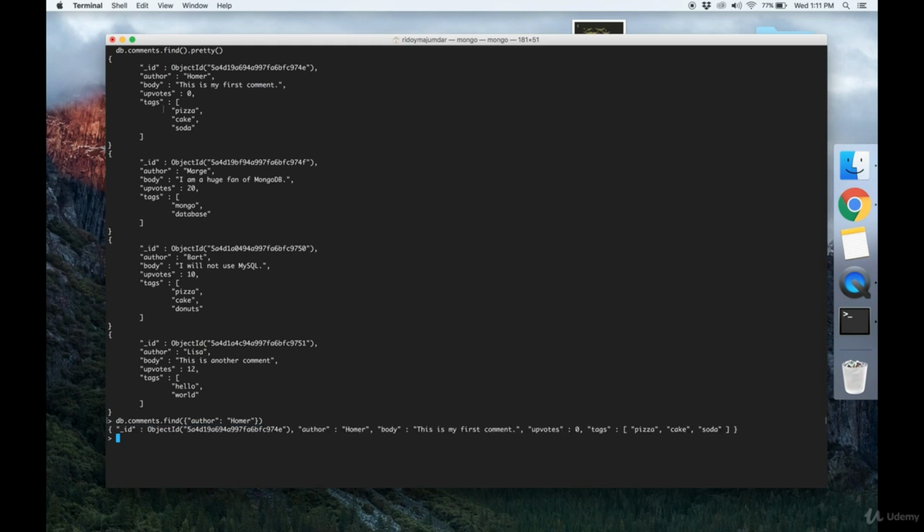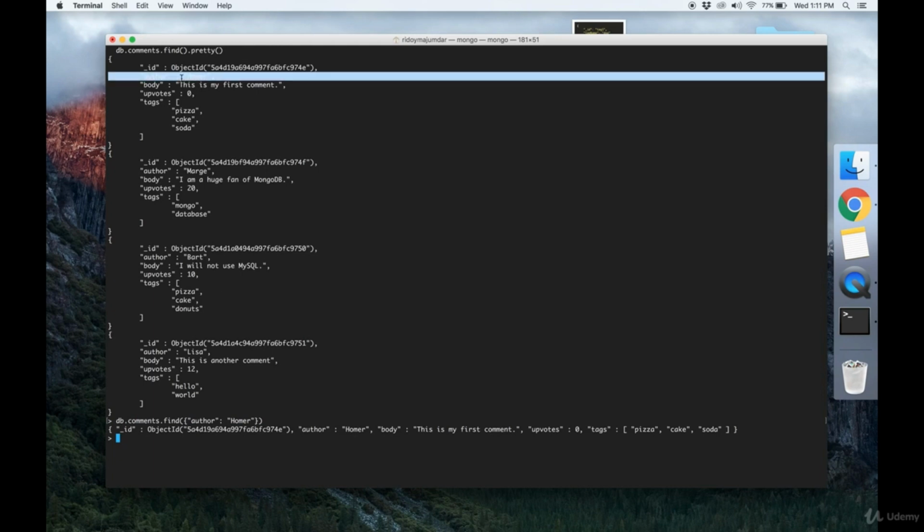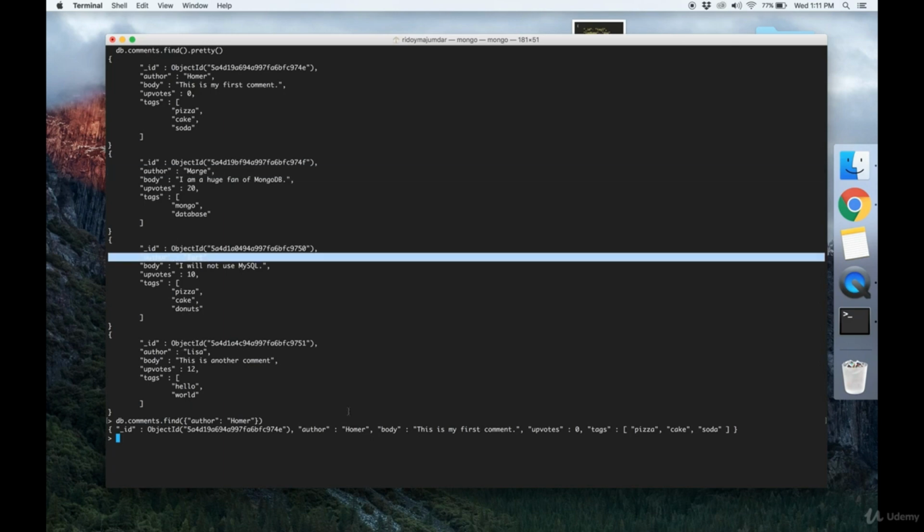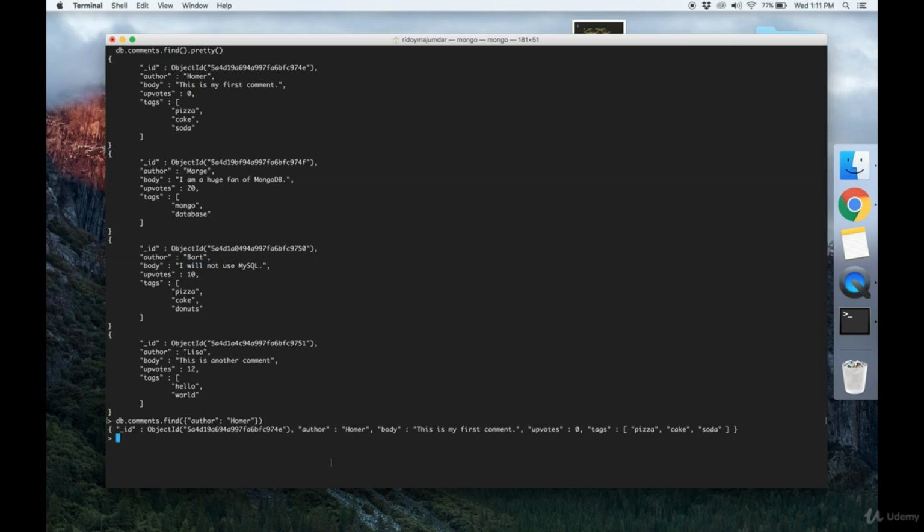because in order to find all the documents where the author is Homer, it has to go through the entire collection and check each author field to see if this author is Homer, if this author is Homer, if this author is Homer, and so on, until it gets all the ones where the author is Homer. So the faster way to do it is to create an index. That allows MongoDB to not search through the whole collection, and it can actually instantaneously get all the documents where